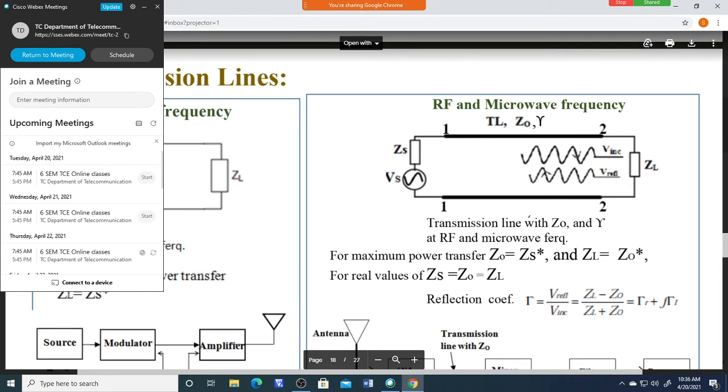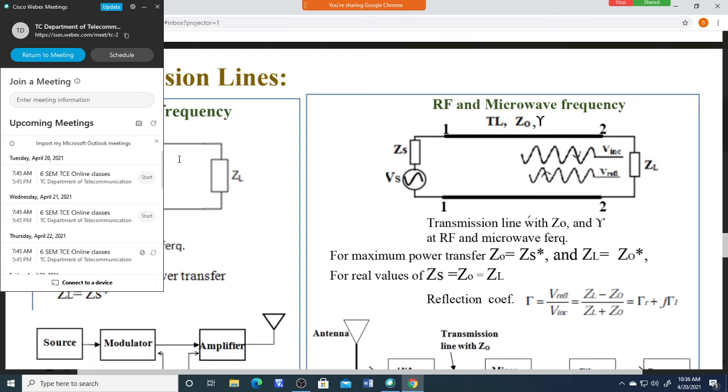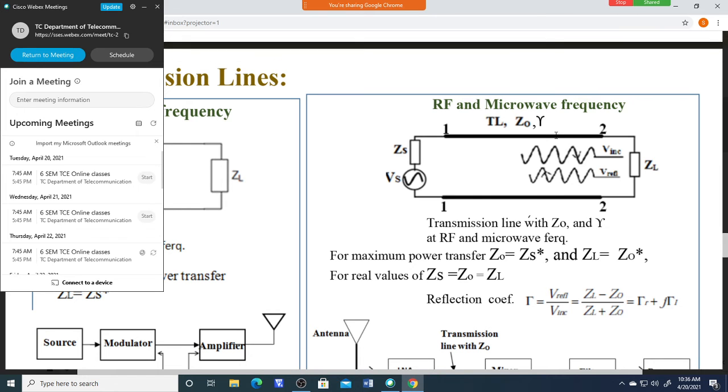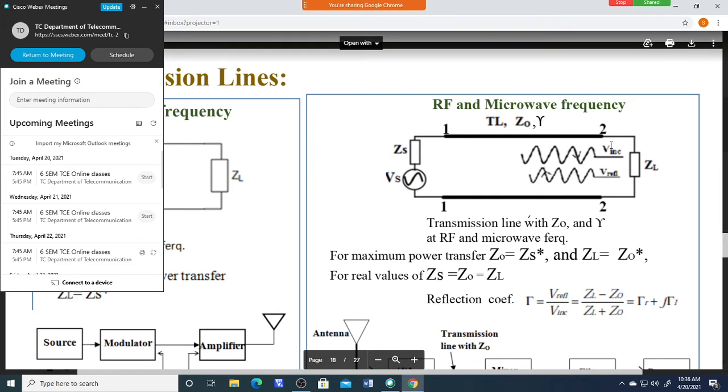See here, if you measure impedance, what is the impedance? It is ZL. If you connect a resistor between these terminals, this is the value; it is equal to this ZL only. But if you take a transmission line, it is not like that. If you measure the impedance here, it is equal to ZL. But if you measure the impedance here, it is not equal to ZL. It will change. It depends upon the length, at what distance you are from the load.